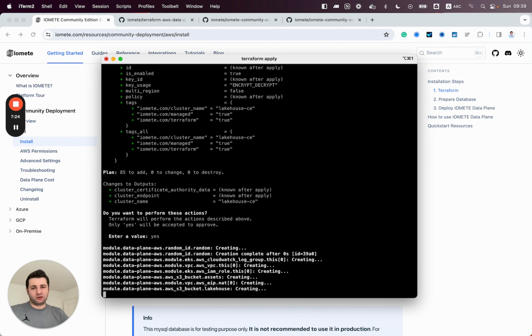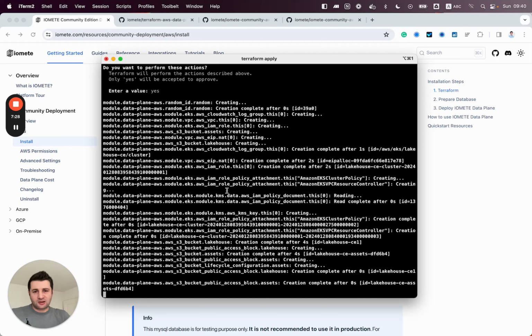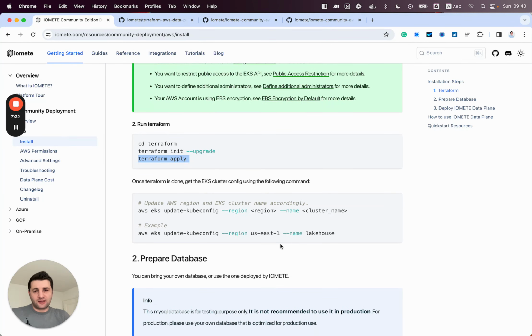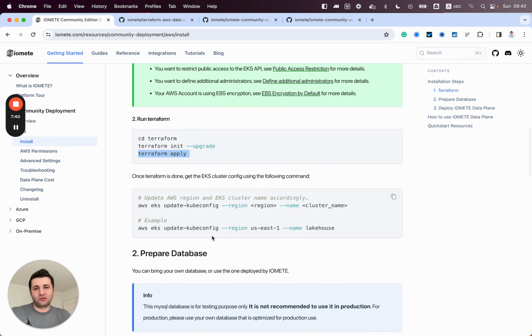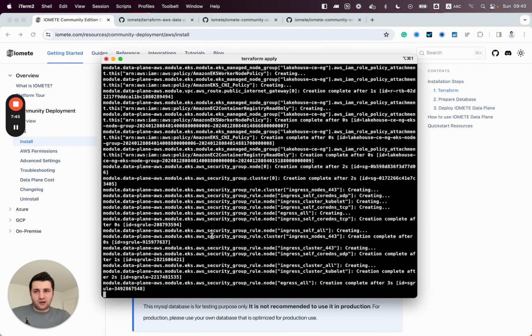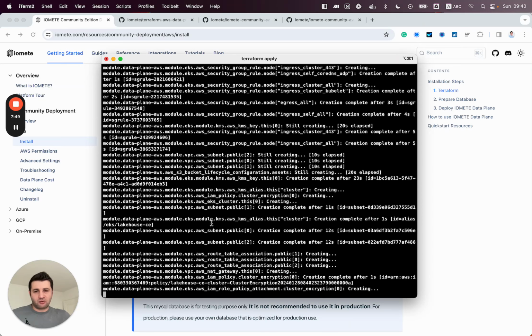We can have a look at all these resources beforehand. Now it creates all these resources, and then once it's done, we'll just update our kubeconfig and continue with the Helm installation. I am going to pause here, and then I'll get back once it's done.